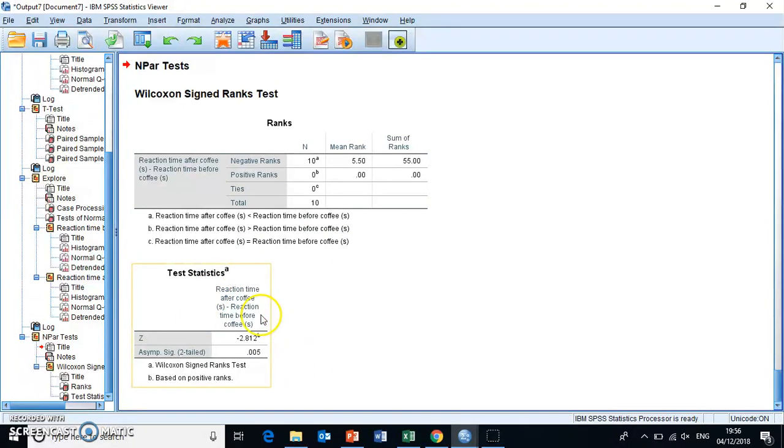The actual test statistics, the output of the test, is down here, this table right here, and what we're mainly interested in is the p-value. Okay, it's denoted here as Asymp. Sig., so the asymptotic significance value, which is two-tailed. So this is the one we're interested in, and it is less than 0.05, and that means that in this case, as before, there is actually a significant difference in the reaction times of people before and after they've had